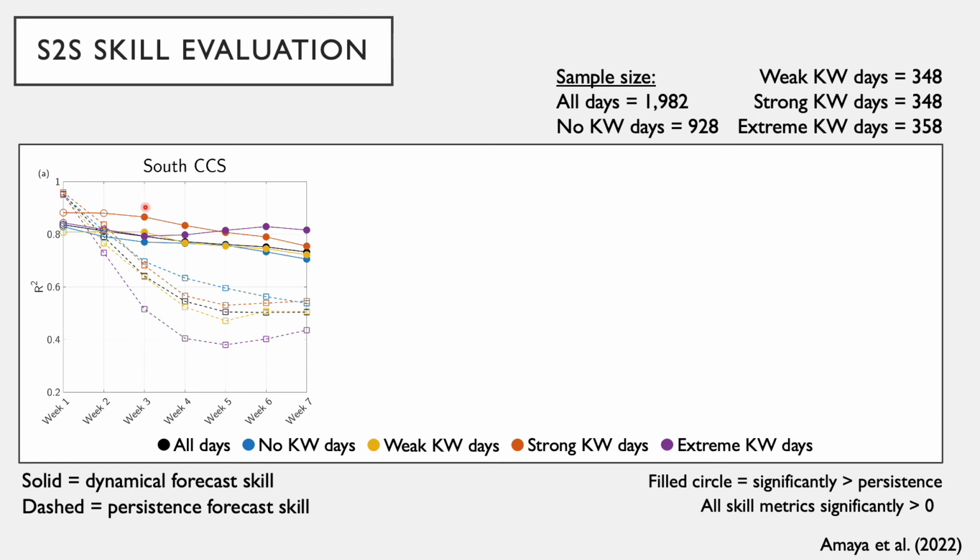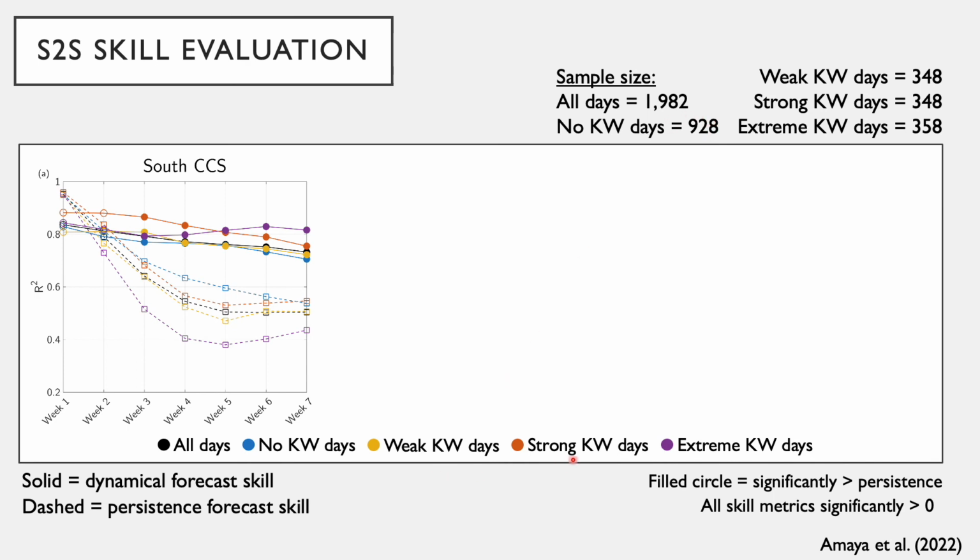where the filled dots indicate that the dynamical forecast skill at that lead time is significantly better than the persistence forecast. And the different colors of each line are telling you some information about the kind of Kelvin wave intensity at forecast initialization for the given composite. So, for example, the blue line is indicating a composite of 928 initialized forecasts that were initialized without significant Kelvin wave activity,